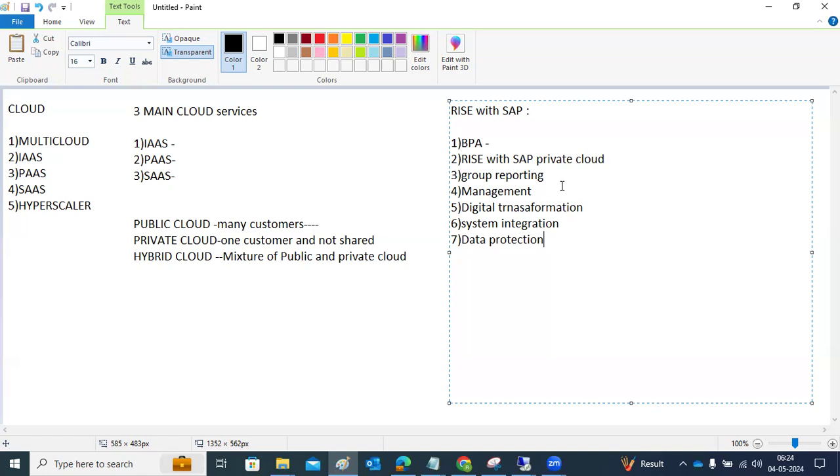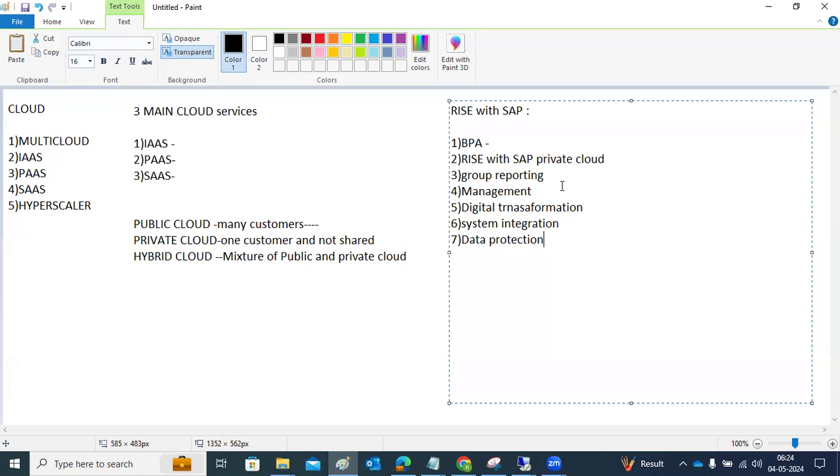It kind of bundles some of the basics. So Rise with SAP helps larger companies migrate their ERP or on-premise systems to the cloud SAP solution. The main motive of Rise with SAP is moving the systems to the cloud SAP solutions, right?